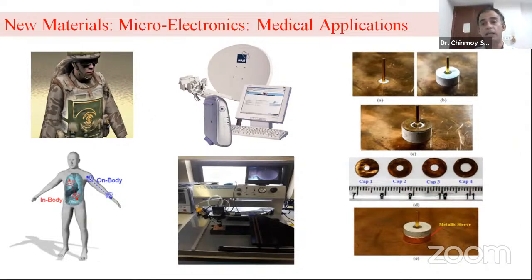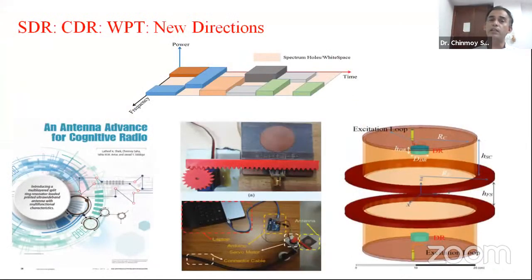The composite material has a very, very important role in modern technology. So there are opportunities for material engineers, microelectronic engineers, and almost everywhere. And then the new standards of communication like software-defined radio, cognitive radio, and wireless power transfer technology are coming in a very big way. I wanted to show these slides because this is the outcome of a BTech project student